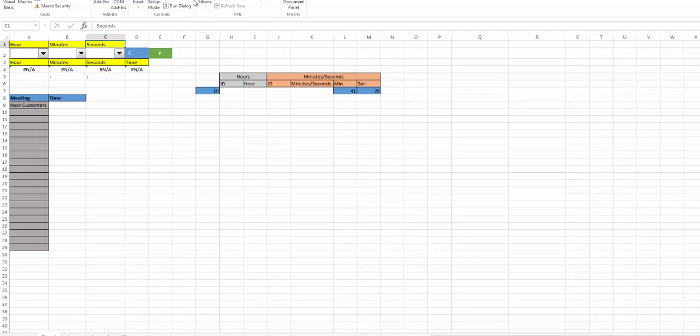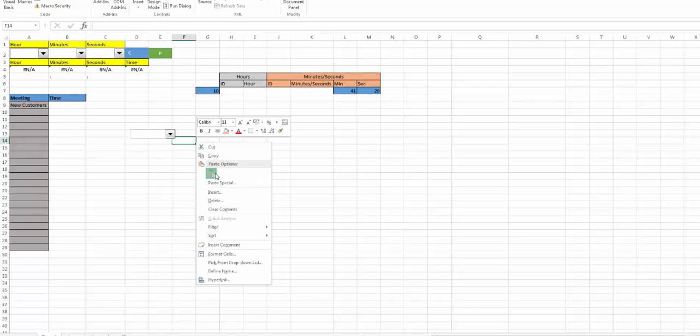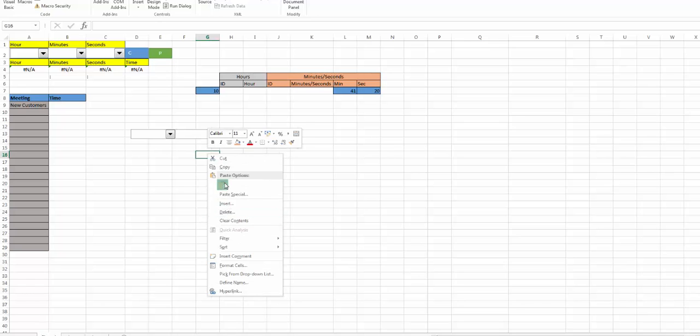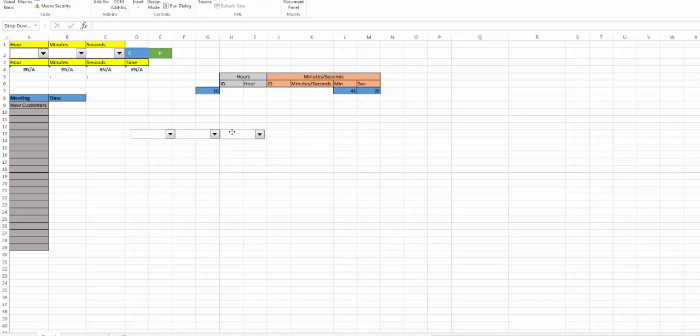From the Developers tab you need to select the Insert button and then select the combo box option. By clicking and dragging you can apply 3 combo boxes. So right click copy, right click paste, you apply 3 combo boxes next to each other. Once you have applied the 3 combo boxes, as I've got them here,